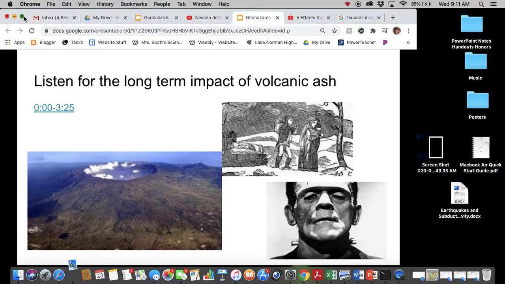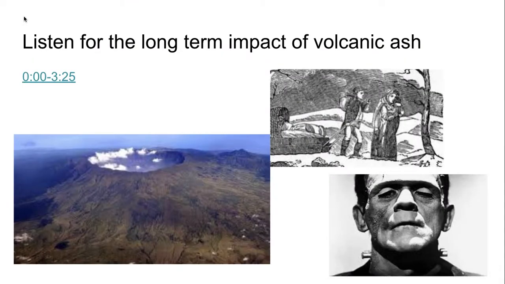Alright, so we'll leave it right there for right now. And we'll go back here. So the long-term impact of this volcanic ash is that it can change climate. Alright, so the ash, if you recall from the video, Mount Tambora literally got about 3,000 feet shorter. All that rock, most of that rock was blown apart in the eruption and ended up in the atmosphere. That blocked out the sunlight. It scattered the sunlight so the surface didn't heat up as much, and that's what ultimately affected the climate.